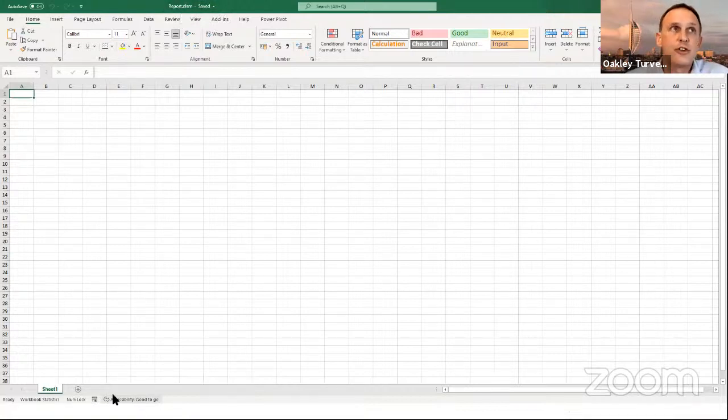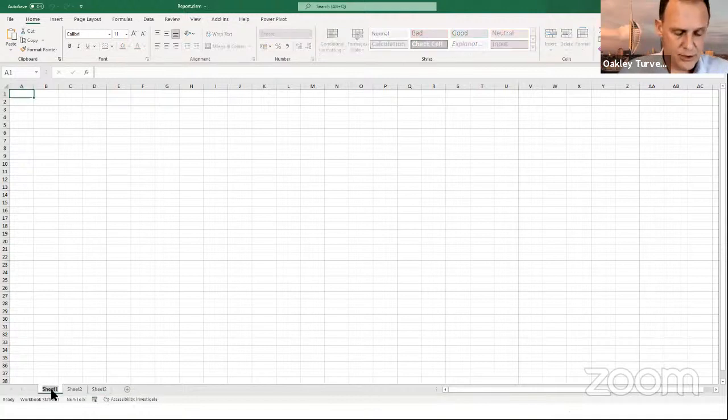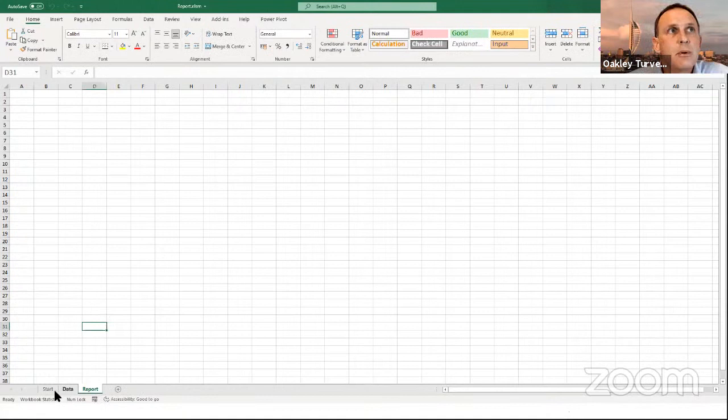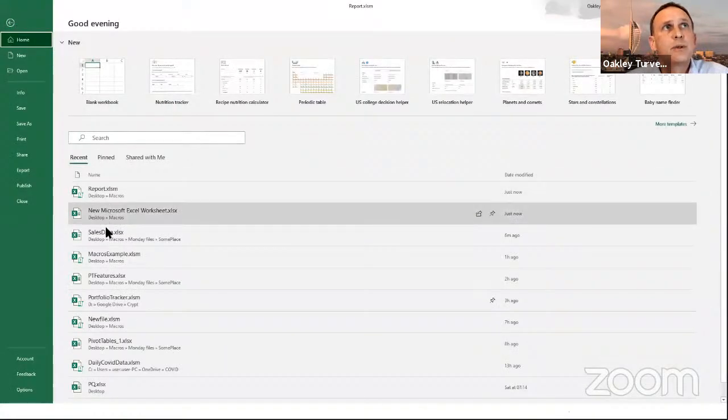I'm going to put the extra sheets in there. So I'm going to click there to put a couple of extra sheets in, and I'm going to rename them. This one's going to be called start. This one's going to be called data. This one's going to be called report. Again, like I say, this is a very simple example, and clearly yours will have a lot more stuff in them. Now what I'm going to do is go through and actually build the report, which will be the empty report, but I'm going to build it putting some data into it. So I'm going to open that other file, which is called sales data.